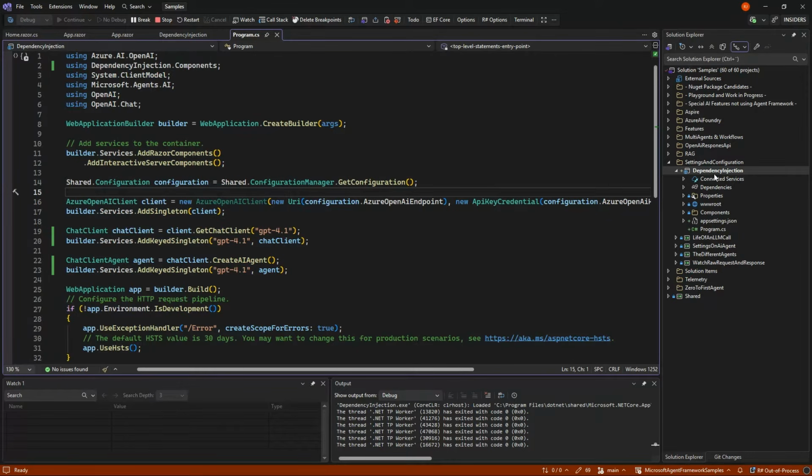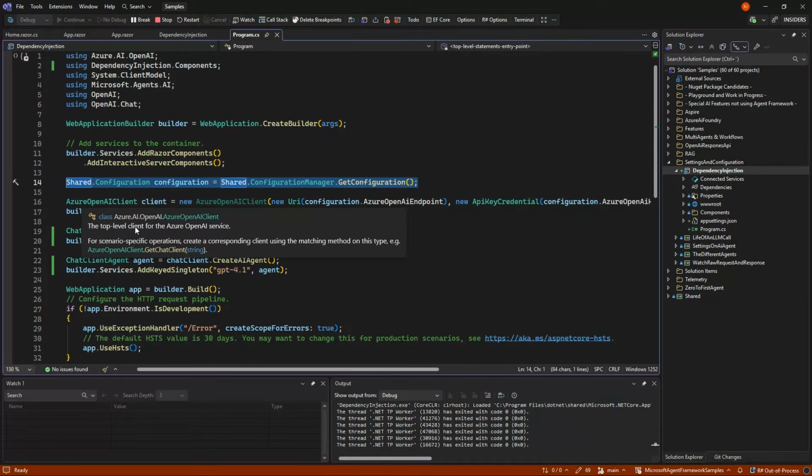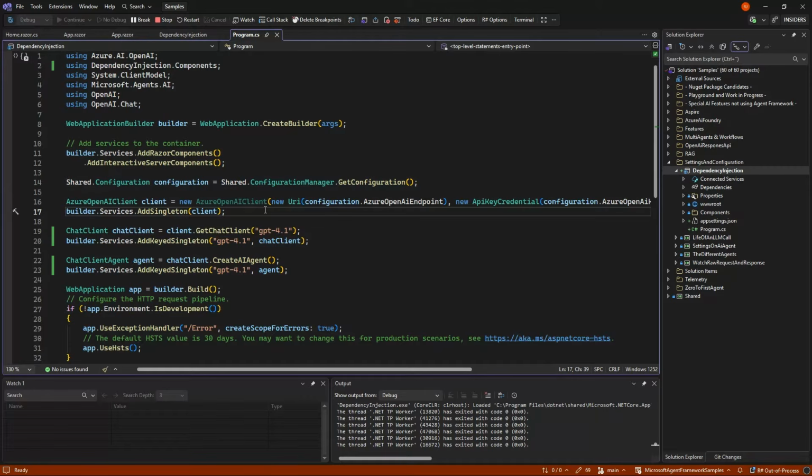It's under settings and configurations, and instead of a normal console app, I decided to choose a Blazor server here, so we can see a little more real scenario. The only thing that's not really real here is that I'm still gonna take my things from user secrets. It would probably be a key vault in a real setup.